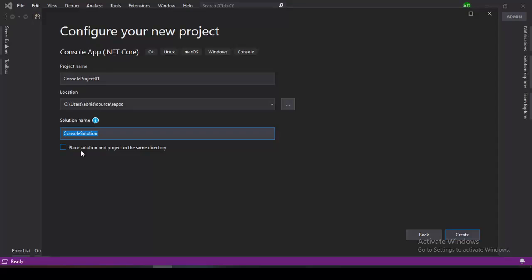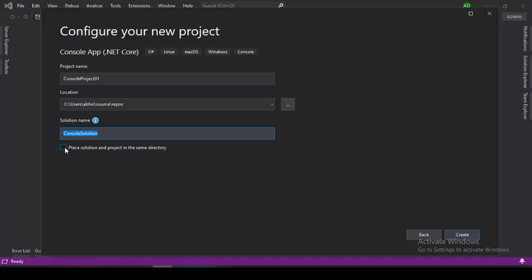It says place solution and project in the same directory. Before selecting this checkbox, you notice that the solution name is Console Solution. This is different from the project name because, as we know, there can be multiple projects in the same solution.